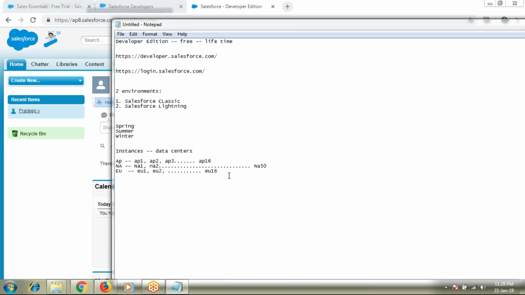So as Salesforce is on the cloud and has customers across the globe, they wanted to have instances, which are called data centers. Data centers means the centers where the data is actually stored, the centers where they have their own databases. So Salesforce is categorized into multiple instances, where they have their own instances, or I can say data centers or databases, across the globe. Instead of relying on one single location, they have this spread across the globe.